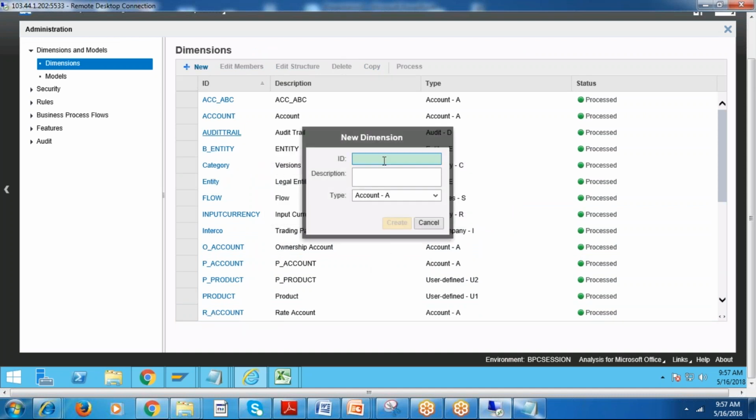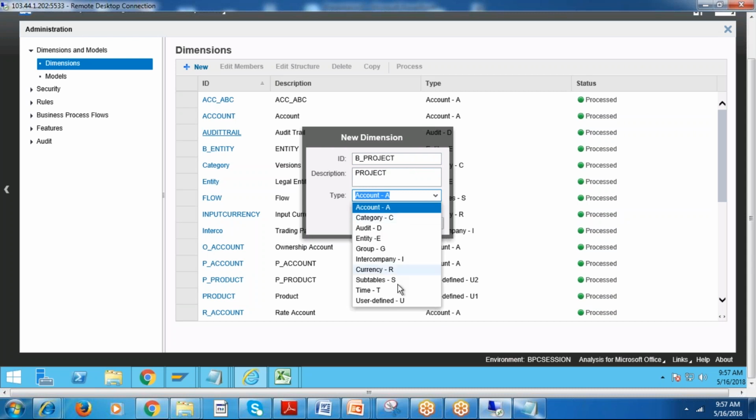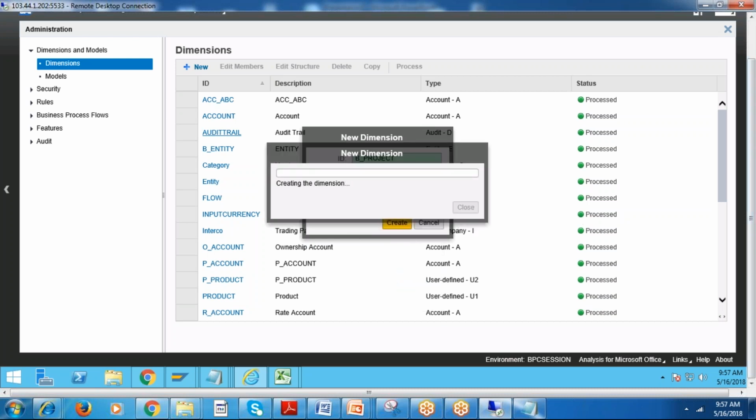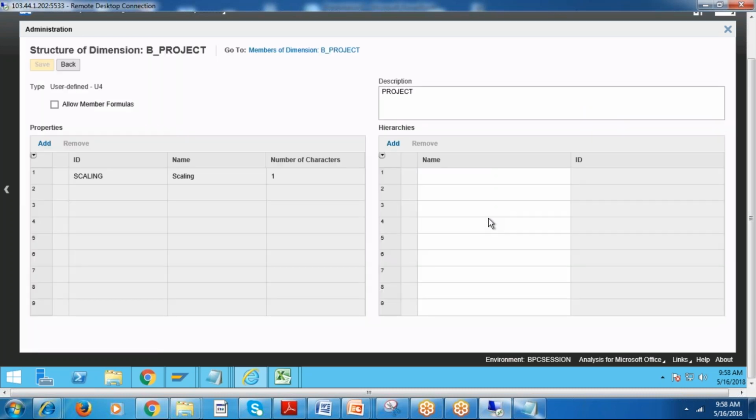Go to the new B_PROJECT, what we call product. I can say it as a product, project, user defined, create hierarchy.